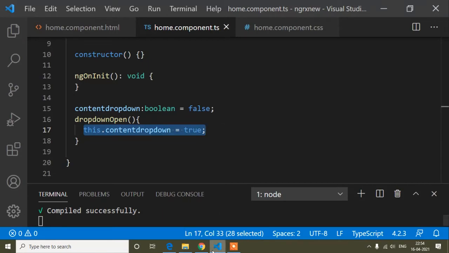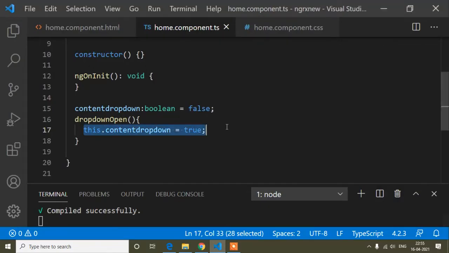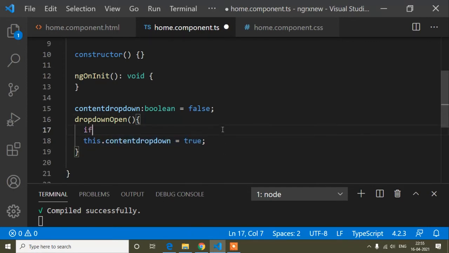So now I will show you here. I have just saved, and first of all by default it is false. That means the div is hidden. When I click, you can see it's showing. And here I have to write another thing, that is when I click here again, at that time it will be hidden. So in JavaScript we write if and else condition. So here you can write it this way. I'm just giving you the brief idea.